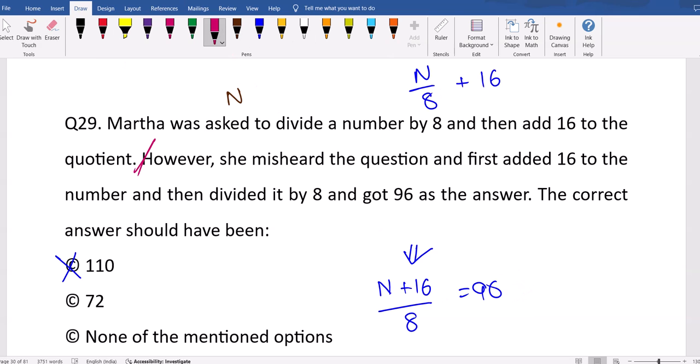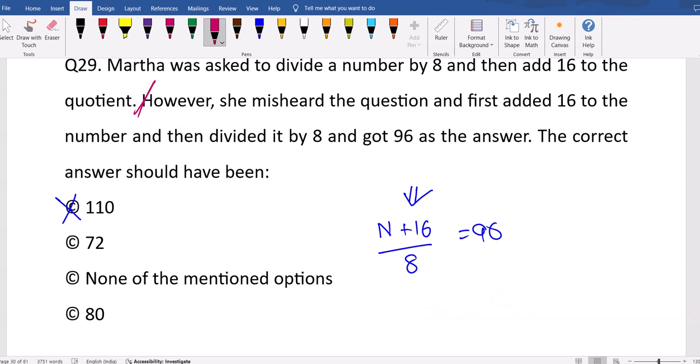So the number possibility: 80? One second, 80 plus 16, 80 divided by 8 gives 10, 10 plus 16, okay fine, but here